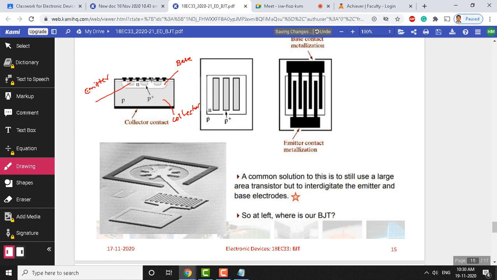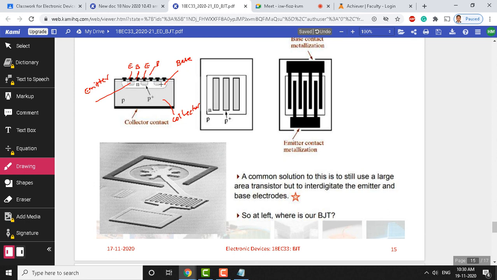Instead of having a single emitter in a conventional design, where we have seen that emitter current gets crowded at one particular point, to have the emitter current distributed equally, we have multiple emitter contacts. You can see that here. This is an emitter contact electrode. This is an emitter, this is a base electrode, emitter electrode. Let me write it here: emitter, base, emitter, and again a base. That means alternatively, between every emitter electrode there is a base electrode. So this is the new design in order to reduce the resistance in the base region.